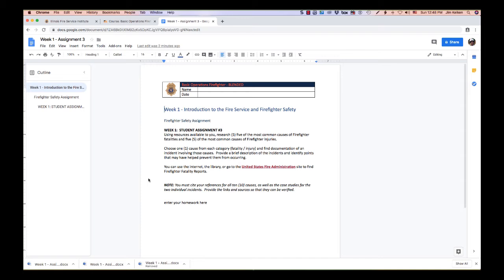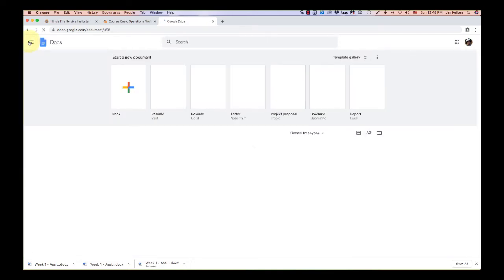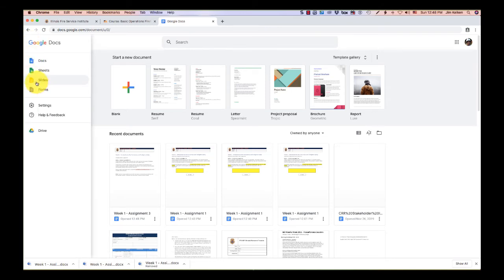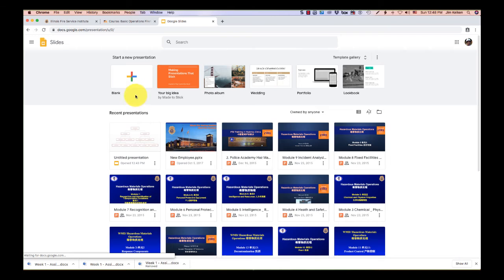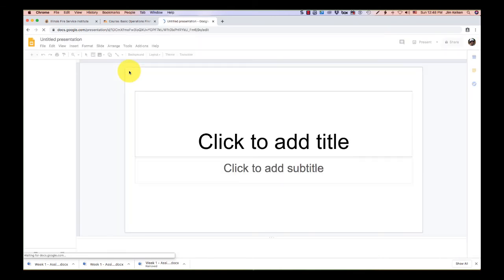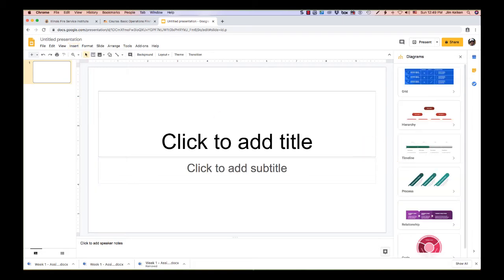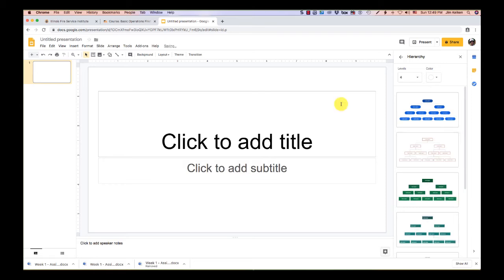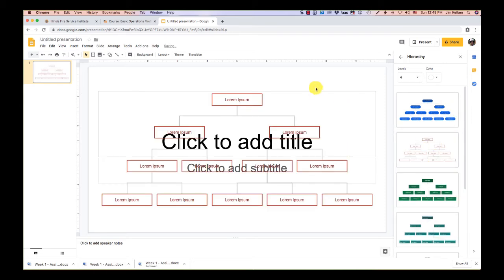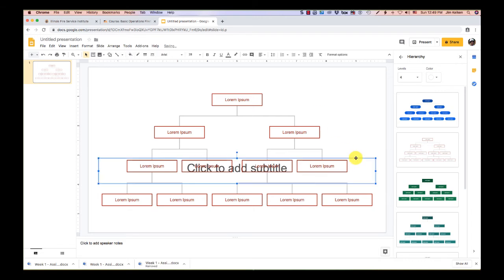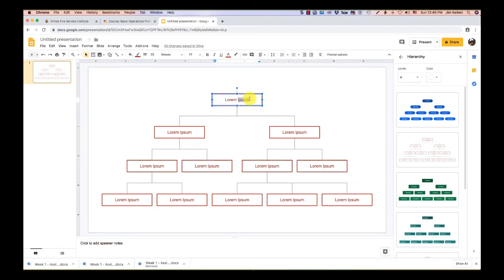So if you're going to complete the first 2 assignments, which are org charts of your organization and your incident command system, what I suggest you do is go back to your Documents home, go to your Slides, and then starting with a blank presentation, either insert a series of shapes or go to this diagram right here, pick a hierarchy, start that again, get rid of my excess, enter in my fire chief,